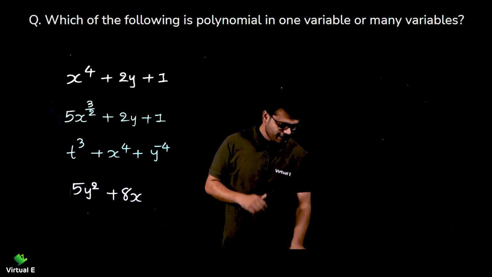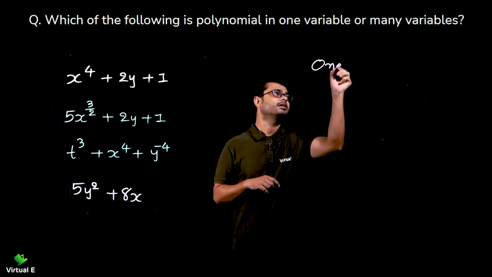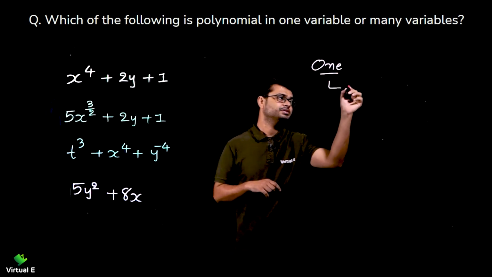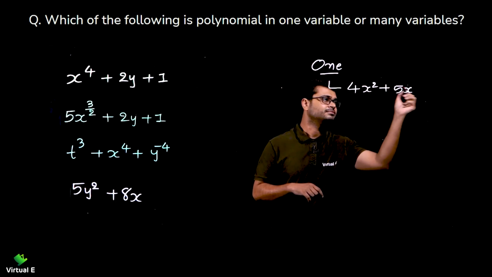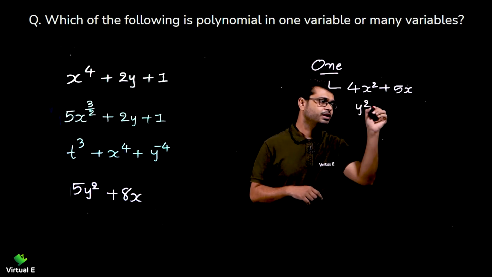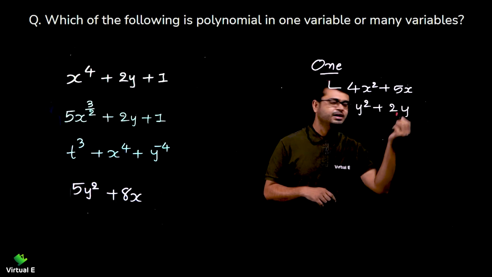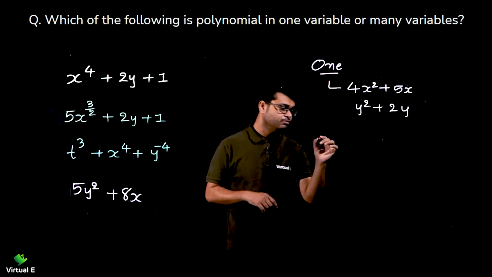We already discussed the one variable case, like x square, then 5x. You have only one variable. Let's take y here, then y square plus 2y. Anything could be like that. You have any variable. But in case of more than one,